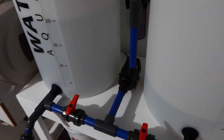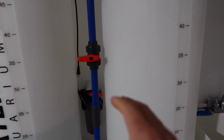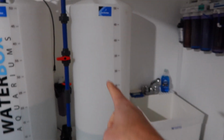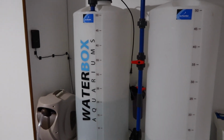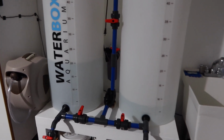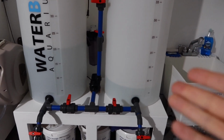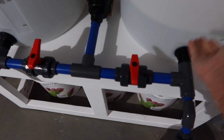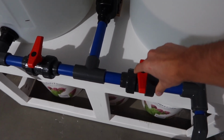So now continuing on, we're gonna break this down in a few different scenarios. So let's say I wanted to fill water from the RODI bin to the salt bin here. Now the way that's achieved, it's very simple. You're gonna see here how the plumbing works. So with all the valves closed, I'm not gonna open it because I don't want water flowing through, but I would open this valve,